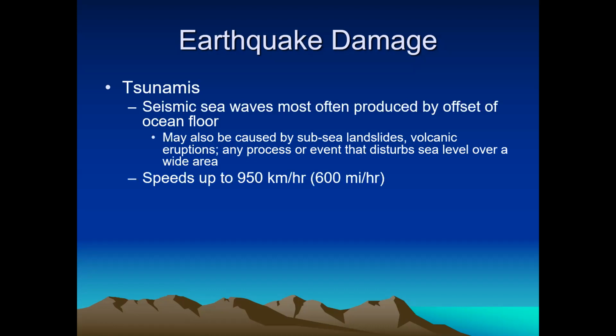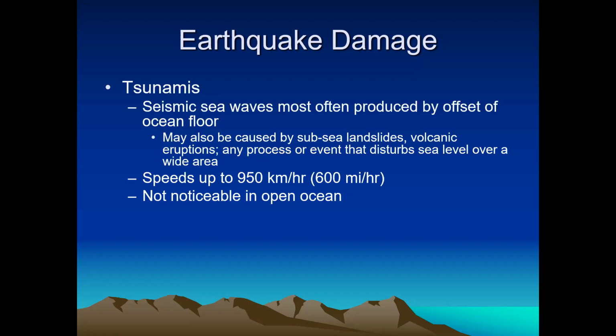Well, think of this. We have an ocean above that seafloor. So if the seafloor is moving up or a portion of it moving down, then that means that there's going to be a drop and a rising of the water. It's like dropping a pebble in the middle of a pond. There are these energy waves that are going to emanate from that movement, from the epicenter of the fault, if it's a fault that we're talking about. And that water is going to start moving out at a phenomenal speed at about 600 miles per hour. That's about the speed of a jetliner. These things aren't noticeable in open ocean